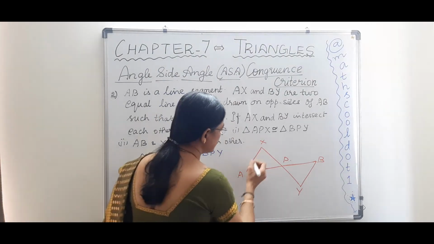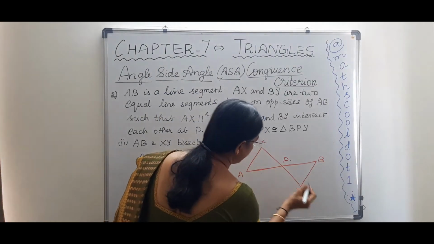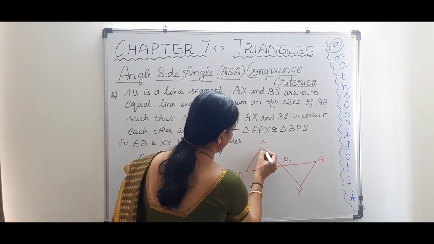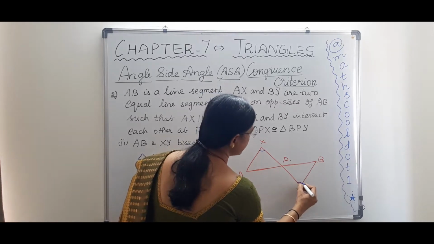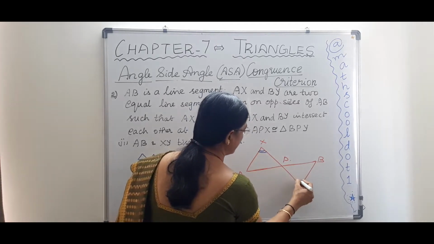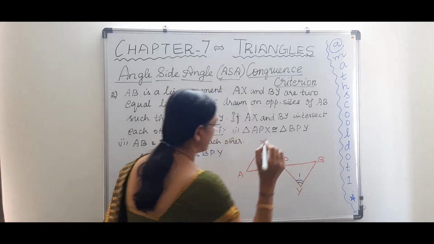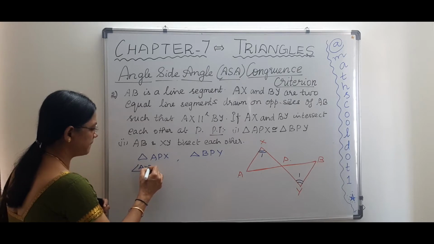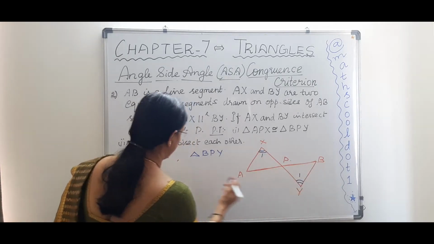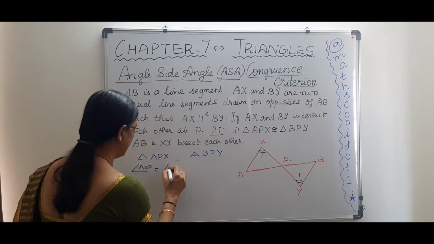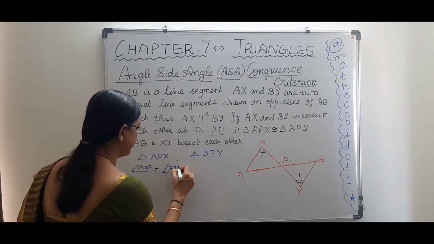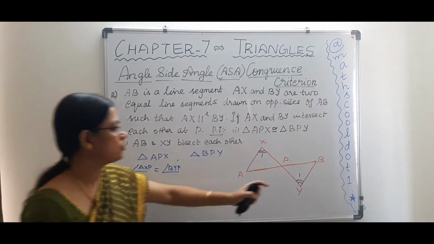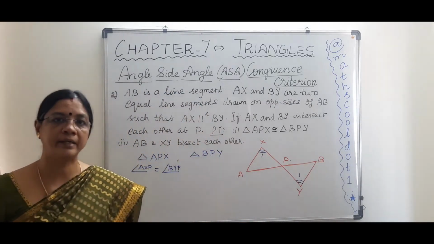I take the XY transversal which passes through the parallel lines AX and BY, and we very well know that when a transversal crosses two parallel lines, we have many pairs of angles to be equal, right? So here, see, this is AX and this is BY, and XY is the transversal. If I observe, this angle and this angle will be equal, right? Can you say why? I'll write it here. Angle AXP is equal to angle BYP. Can you say why it is?